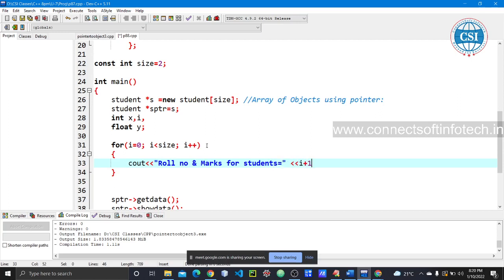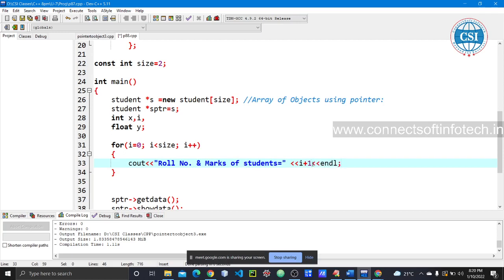Because if the value of i is 0, that is, for i is equal to 0, that is the object 1. So that's why initially I am adding the 1. So it will print roll number and marks of student 1.